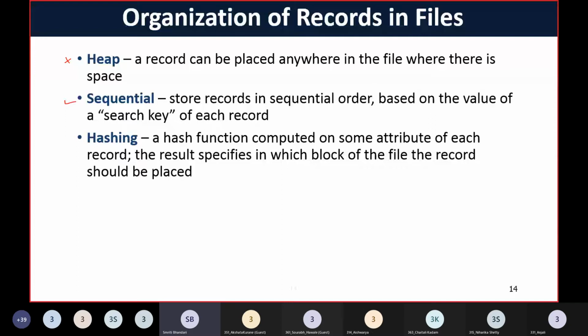A hash function computes some addresses based on key values. So a hash function is computed on some attributes, those are the key values, right? For each record, they produce some address. Whatever result is computed by the hash function, that result specifies in which block of the file the record should be placed,